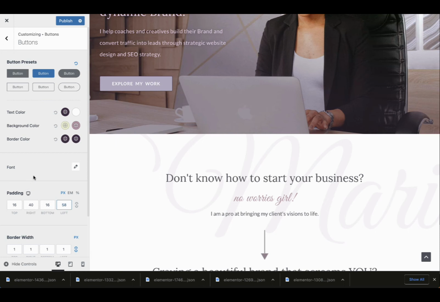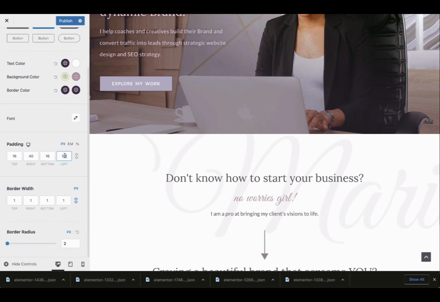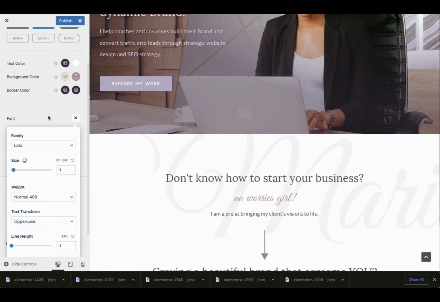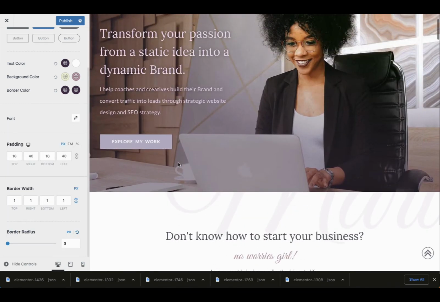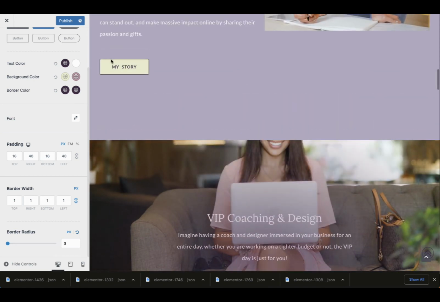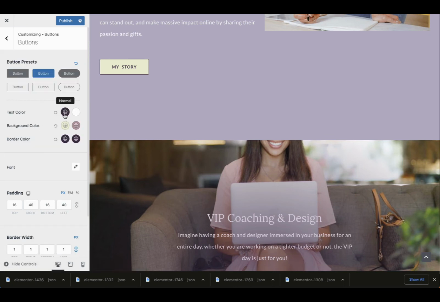That way all the buttons, when you create them, are going to have the same settings. And the border radius was 3, not 33, 3. The font, you can change it, it was Lato, so that stays the same. Now the background color, the default is this yellow that you see here. And when you roll over, it is the pink, which is this color here. That's for rollovers. And the text color is the dark purple, except that if you roll over, it's going to